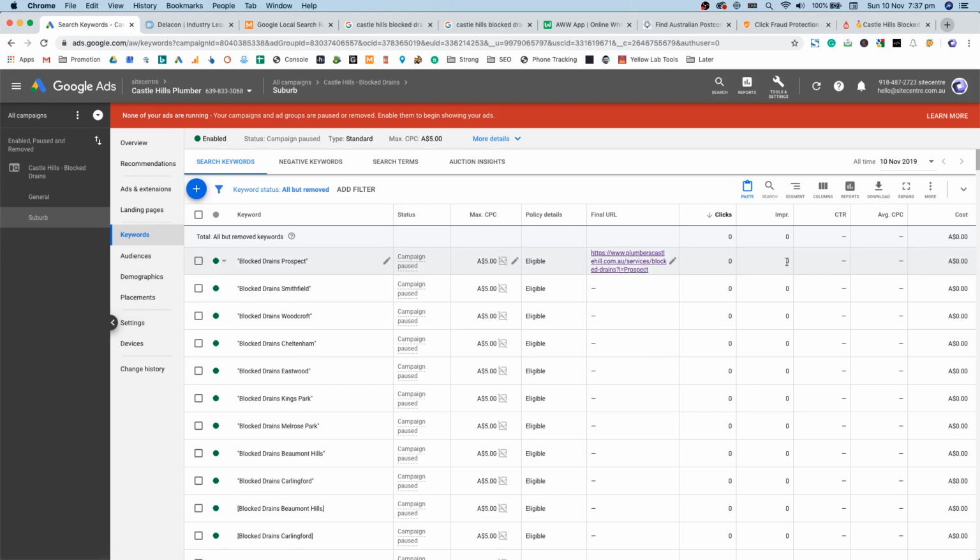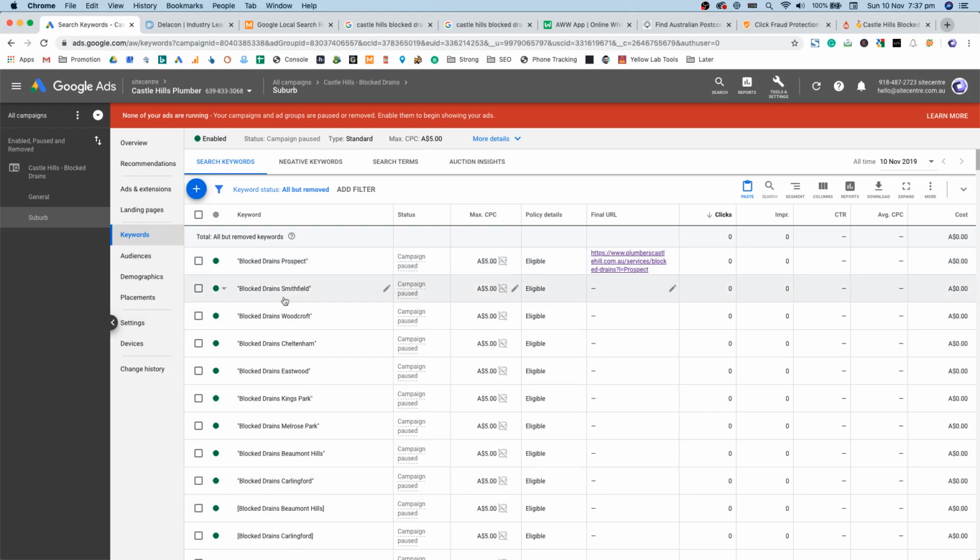So having that creates that personalized experience once again, which really pays dividends in the relationship you have with the customer, and then you get a higher conversion rate. You also get a cheaper cost per click because the quality score is higher. So you really want to keep that in mind. Now,